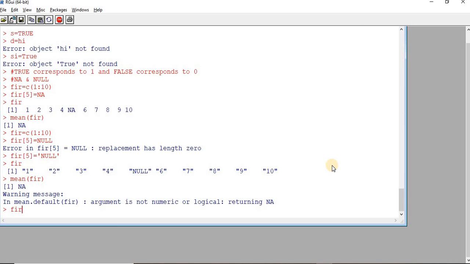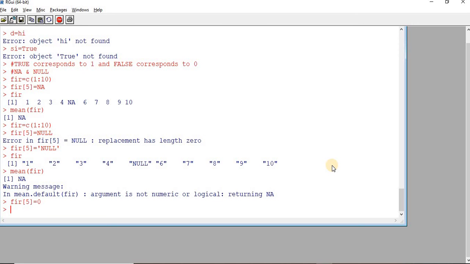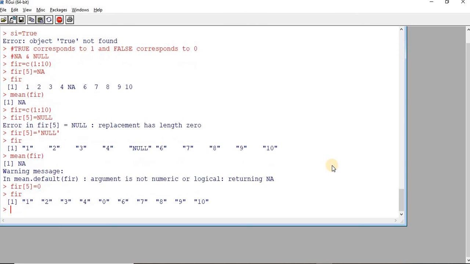Let's try this. Right? So here the value is replaced with 0. So there is a difference between null as a string and empty null. Now let me create, say, another variable x.